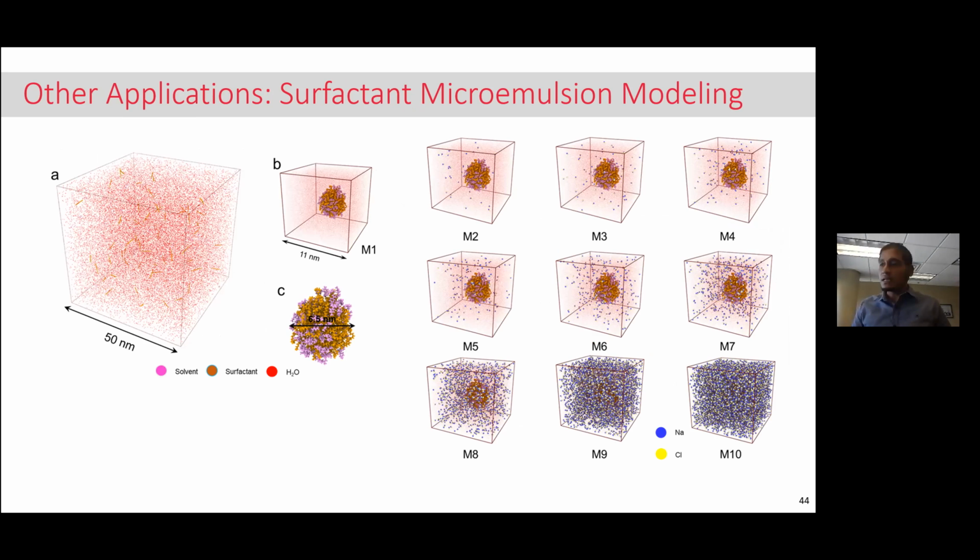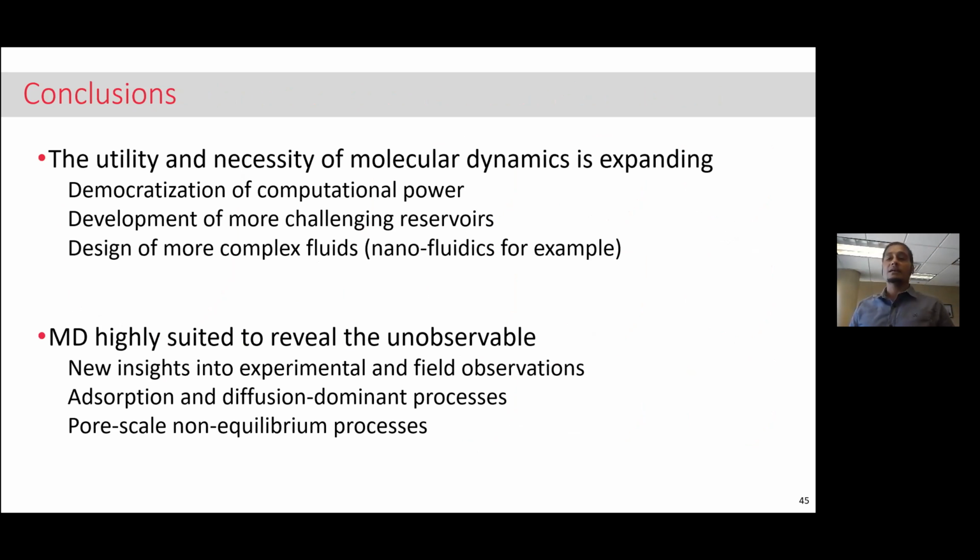There are many, many other things that we can do with molecular dynamics. We can model surfactants and surfactant microemulsions, see how we can deliver these microemulsions through frac fluids, and then send them down to your shale while you're fracking, and then see what kinds of interactions these surfactant blobs or micelles have with the surface. Are they able to clean up the surface and recover some of the asphaltene fraction to promote well productivity? These are the kinds of questions that you can begin to answer. Those are the kinds of things that we are working on. And so with that,